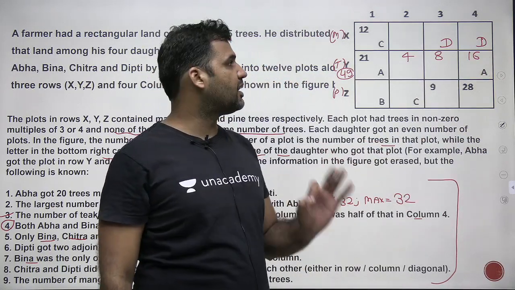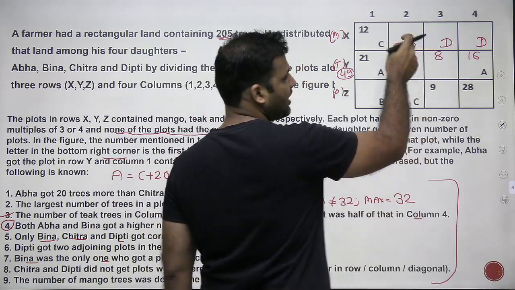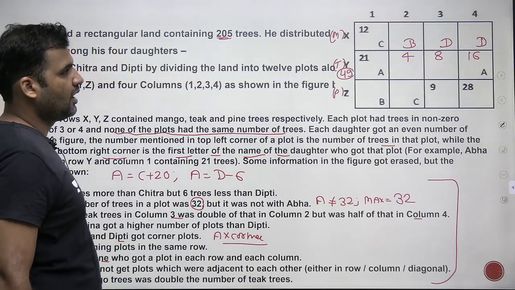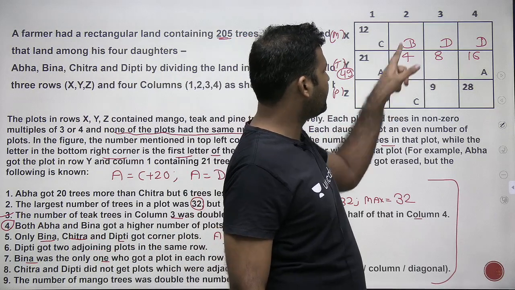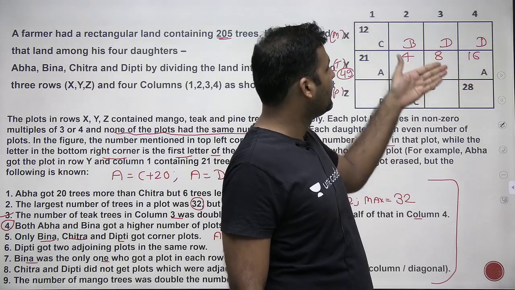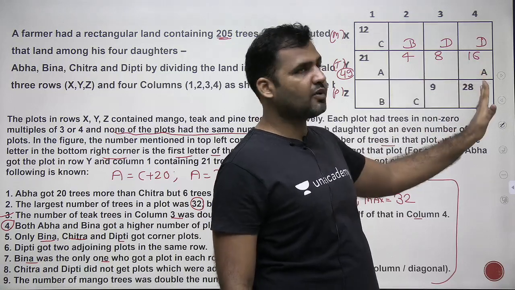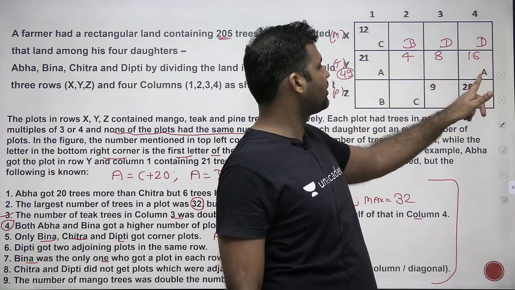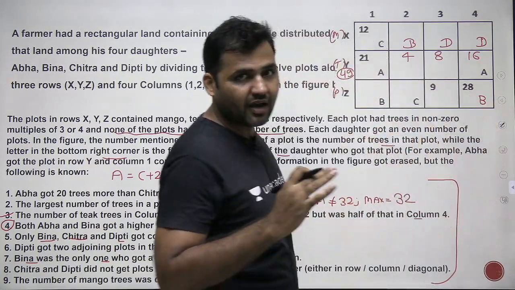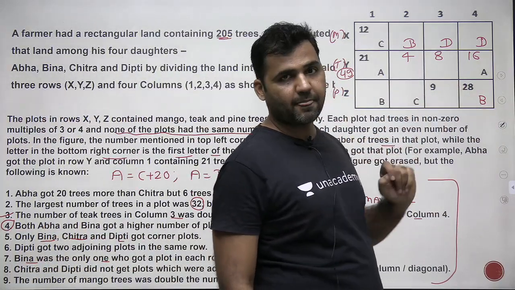And because Bina is present in every row and column, as per the statement that we have just read, can I say Bina will definitely come here for sure? You also see that Bina is here, Bina is here. In this column, at this point of time, we don't know where Bina will be, because Bina can be here or here. But I need Bina in this column also. This plot is already assigned to D, this is already assigned to A. So can I say Bina will definitely be coming over here because Bina is having a plot in each row and in each column? So this plot must belong to Bina, right?